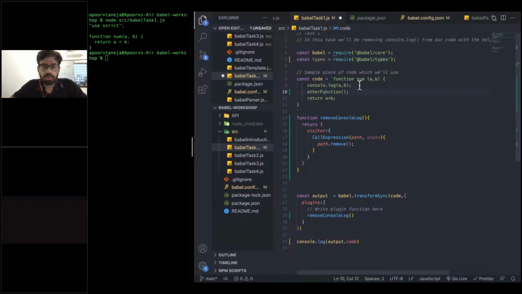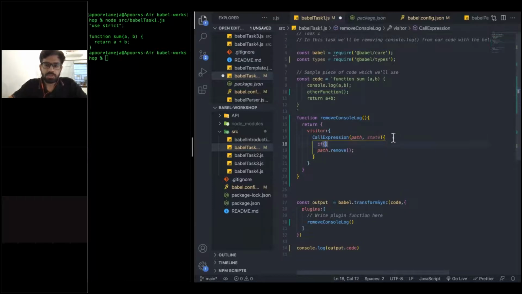So what you want is you don't want to remove this other function, right? So we'll just have to somehow check if that call expression's name is a function or not. So what we can do is we can check what kind of type it is, as I told you, right? So I'll check types.isIdentifier,